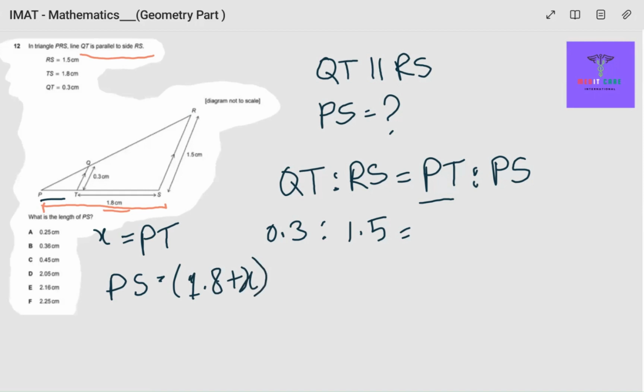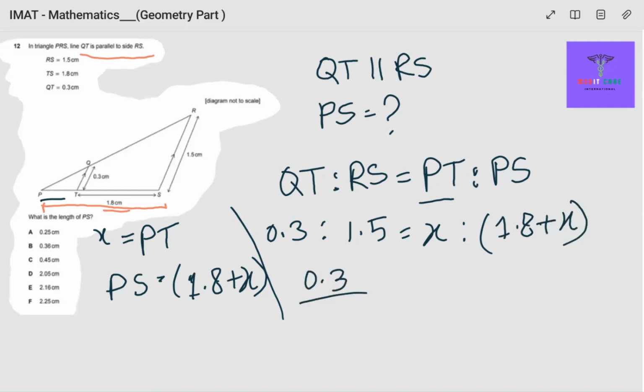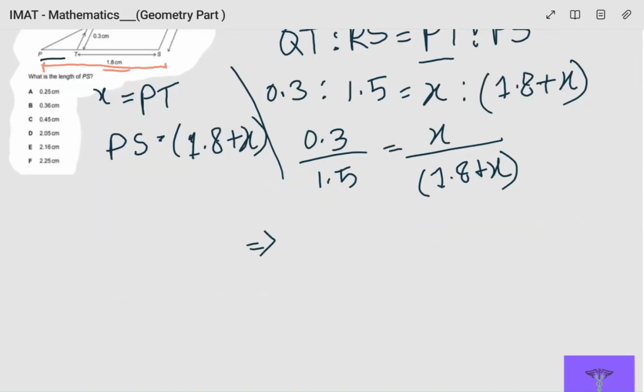So we'll put the value PT, we will consider x, and PS would be 1.8 plus x. 0.3 divided by 1.5 equal to x by 1.8 plus x. We will cross multiply, which is 1.5x equal to